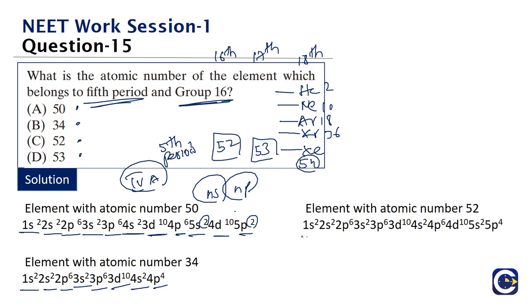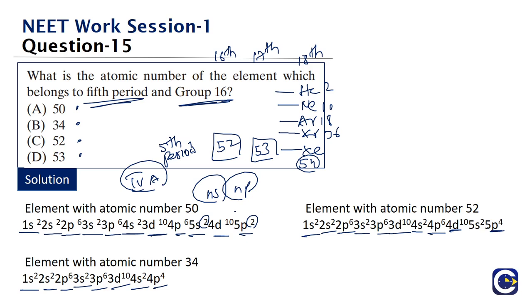Okay. So look at this: 1s2, 2s2, 2p6, 3s2, 3p6, 3d10, 4s2, 4p6, then 4d. I mean, of course, here what we should keep in mind is that before filling 3d, we would have filled 4s. Okay, before filling 4d we would have filled 5s, like that. Okay, 4d10, 5s2, 5p4. After the electronic arrangement, we are grouping them together.